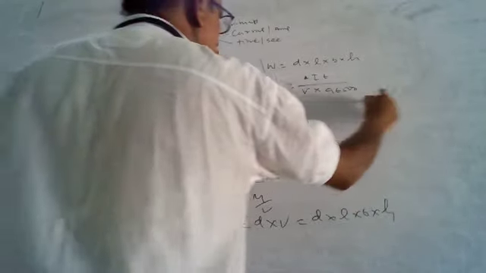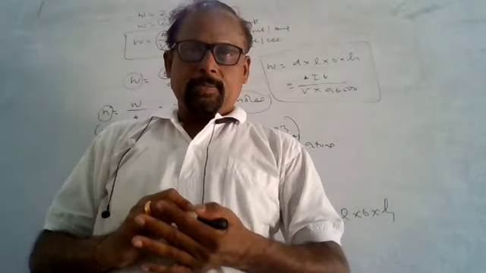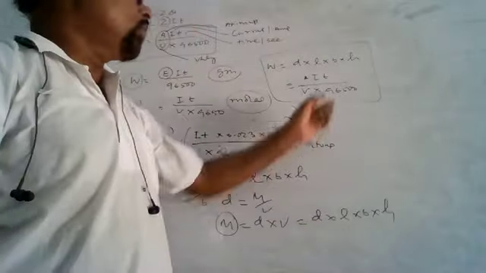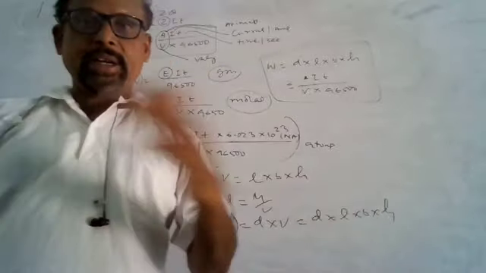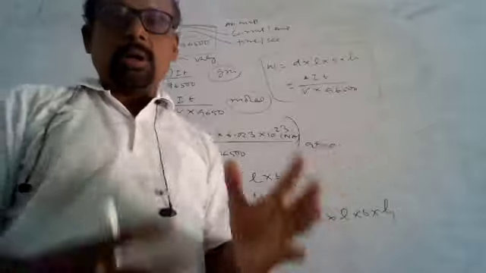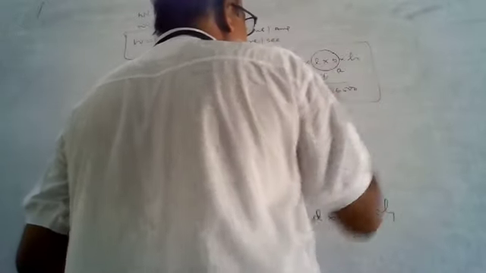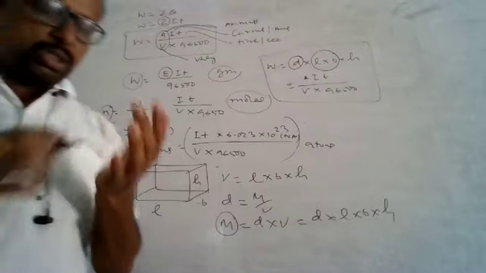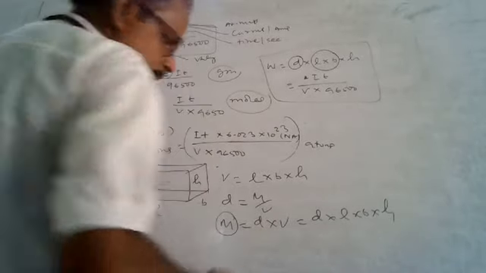So this formula is very much useful. When a certain area is electroplated, we can calculate how much breadth, how much length and how much height is plated, and what is the volume plated. Length into breadth is the area. How much area is plated, and the thickness, you can calculate. This is a very important formula, you can note it down.